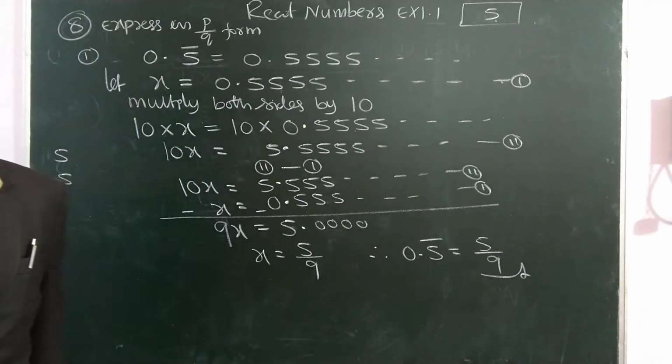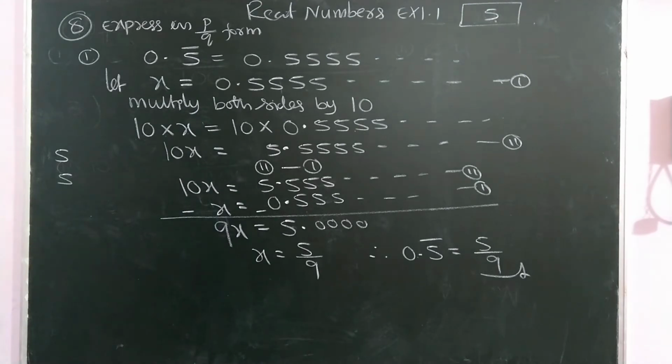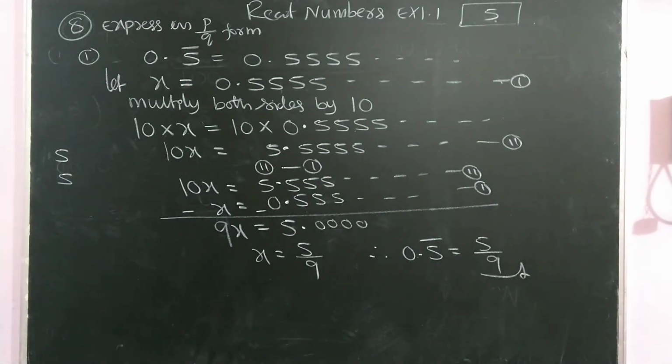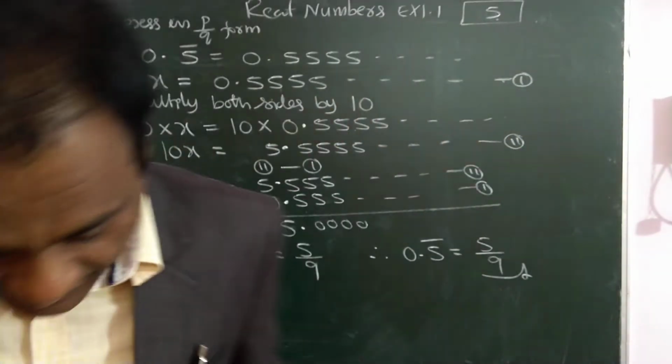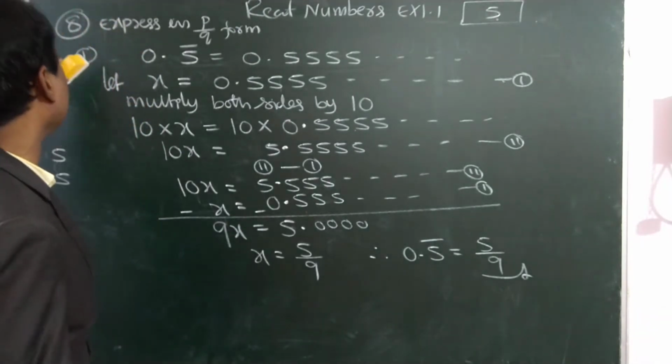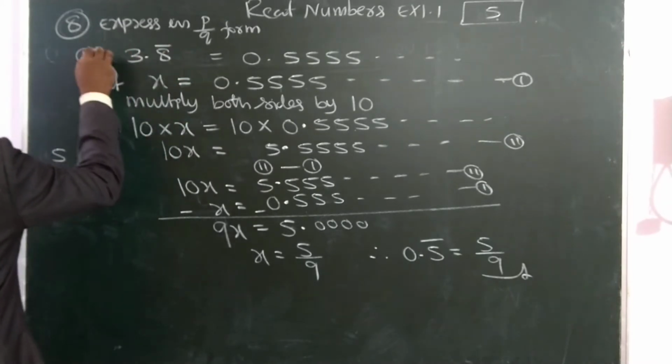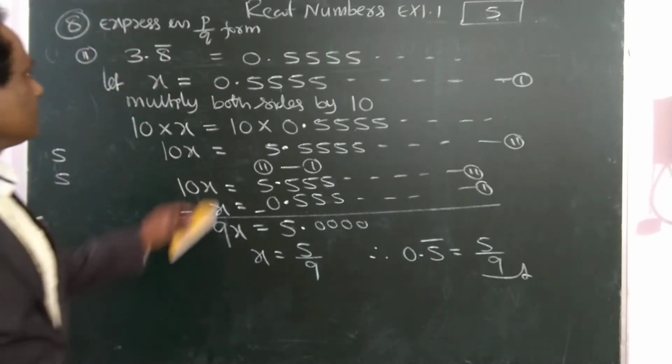This is the procedure. It is a little bit tough. Write it down. We have 3 more bits of the same model. Because it is difficult, I will solve all of them. Those who have completed this, go for the next problem, the second question, 3.8 bar.